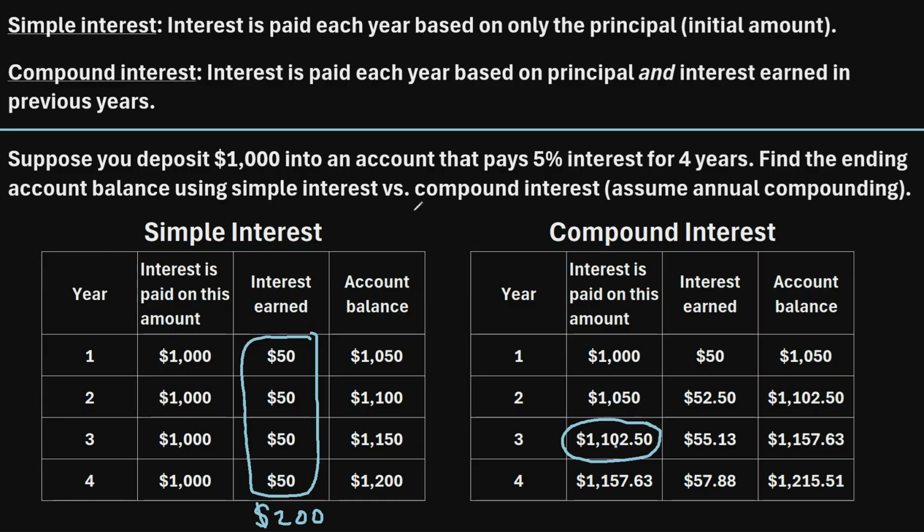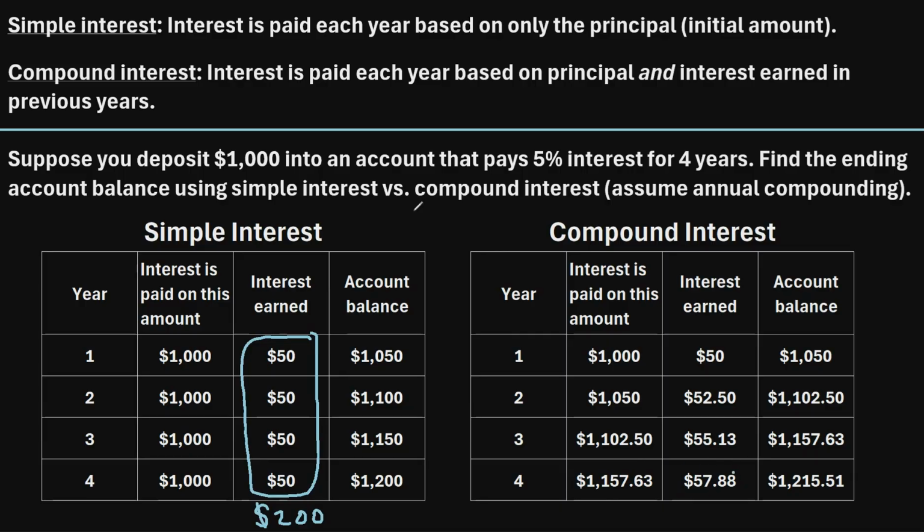So you're getting 5% of $1,102.50. So that turns out to be $55.13. So if we add that to your ending account balance, it jumps up to $1,157.63. And then lastly, in year 4, now you're getting paid 5% interest on this new account balance. So you're getting 5% on $1,157.63. That turns out to be